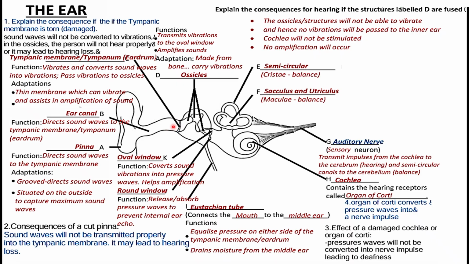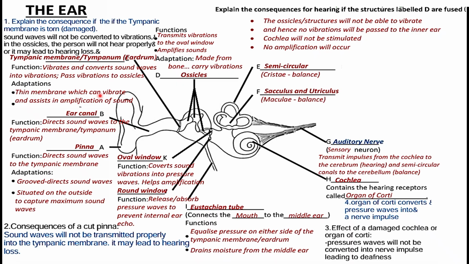So the tympanic membrane is in contact with the ossicles. And we have to look at adaptation. How is it designed to perform its functions? One, it is thin. It is a thin membrane which can vibrate. Secondly, it also assists in amplification of sound. Amplification here means making sound louder. So the tympanic membrane is designed to assist in sound amplification, and it is thin so that it can